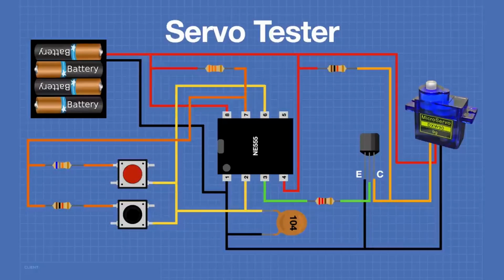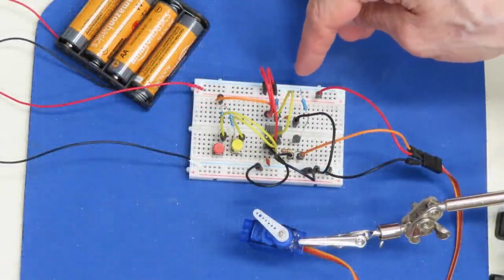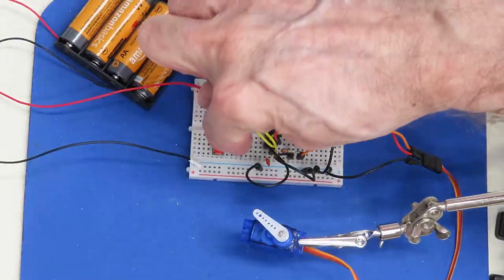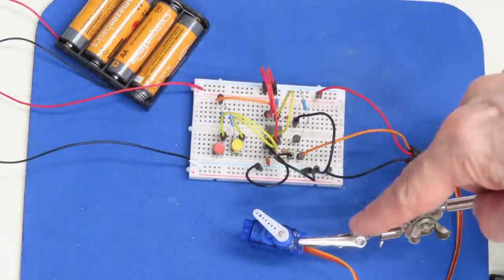The output of the 555 is connected to the base of our transistor through a resistor because transistors are current driven. So let's hook this up and see if it'll move our servo motor. And so here's my servo motor tester circuit, and as always I've got it on a solderless breadboard. I've got my 2 push buttons which should control the direction the servo is going,